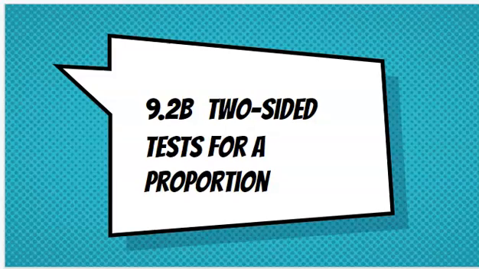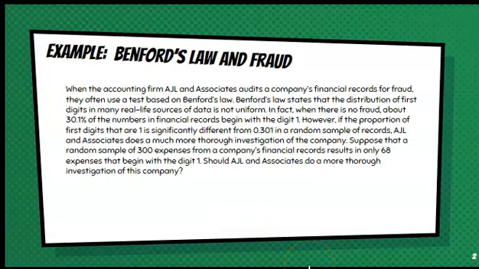9.2b, we're going to look at a two-sided test for a proportion. When the accounting firm AJL & Associates audits a company's financial records for fraud, they often use a test based on Benford's law. Benford's law states that the distribution of the first digits in many real-life sources of data is